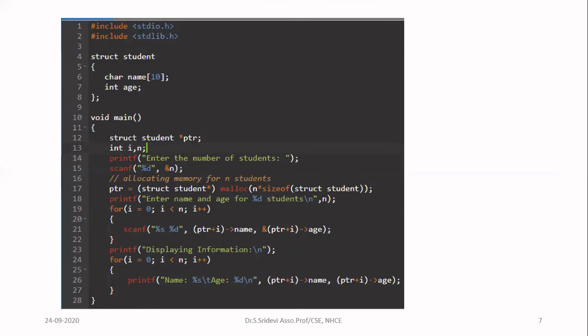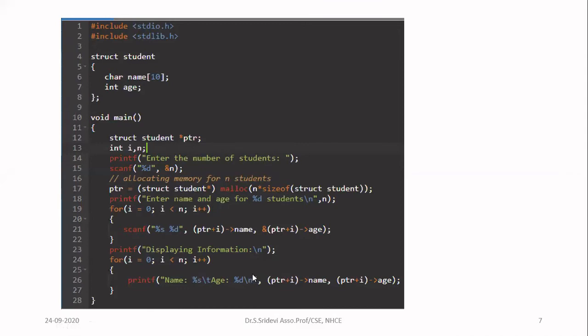Okay, so you are going to store two information about the student. For each student, you have to store the name as well as age. Okay, so in this very important thing is don't go for static memory allocation. You have to go for dynamic memory allocation. You allocate the memory after you read how many students are there in the class. Then after memory allocation is over, you try to read the value of all the members one by one from the user. Finally, you display them by means of pointer to the structure. Okay, so this is the question.